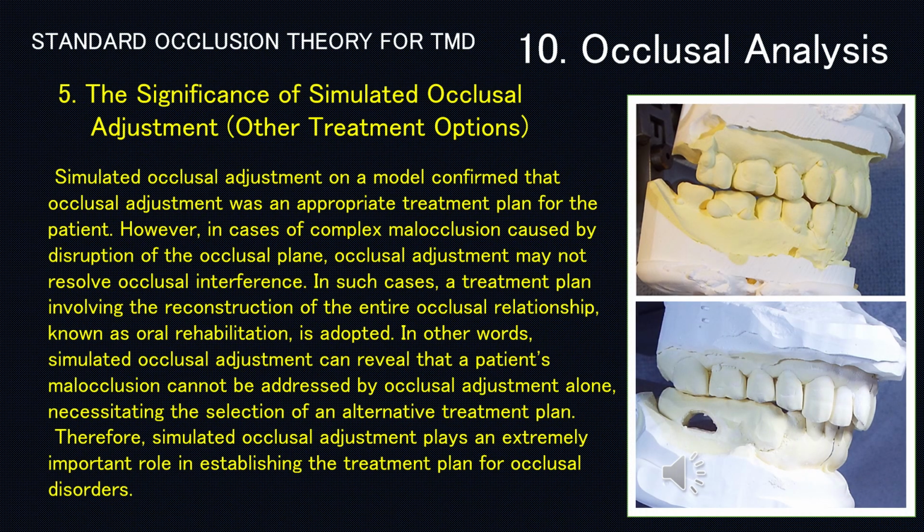5. The significance of simulated occlusal adjustment. Other treatment options. Simulated occlusal adjustment on a model confirmed that occlusal adjustment was an appropriate treatment plan for the patient. However, in cases of complex malocclusion caused by disruption of the occlusal plane, occlusal adjustment may not resolve occlusal interference. In such cases, a treatment plan involving the reconstruction of the entire occlusal relationship, known as oral rehabilitation, is